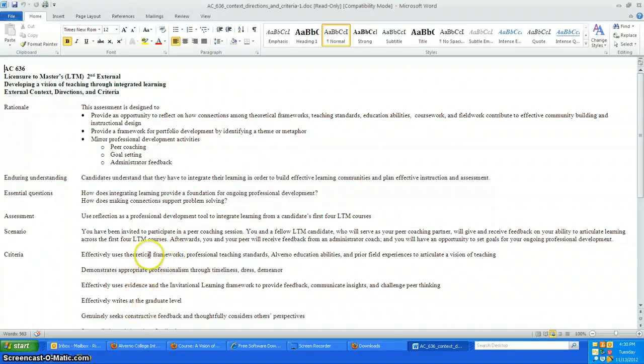We want you to continue to use theoretical frameworks, the teaching standards, the Alverno education abilities, and prior field experiences to articulate a vision of teaching. It's a kind of philosophy of ed, but it's much broader and it's much deeper than a one-page philosophy of education. Do you demonstrate in this assessment appropriate professionalism through timeliness, that you come on time and you're prepared,